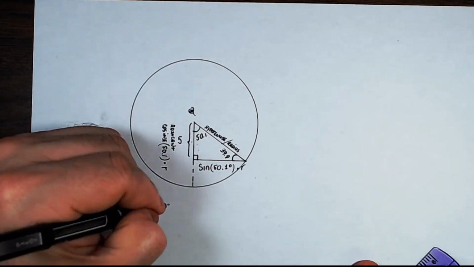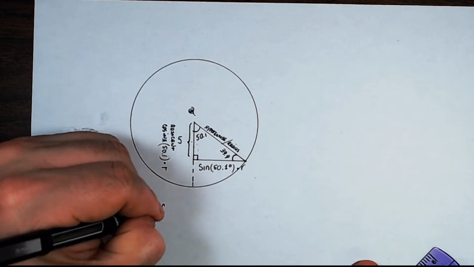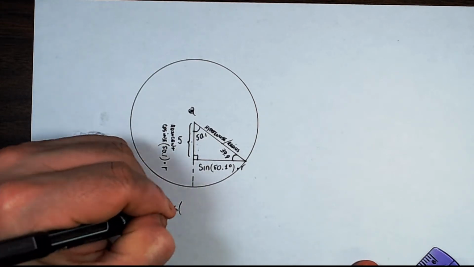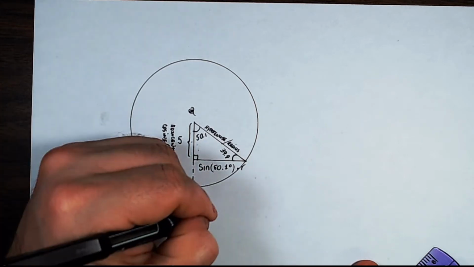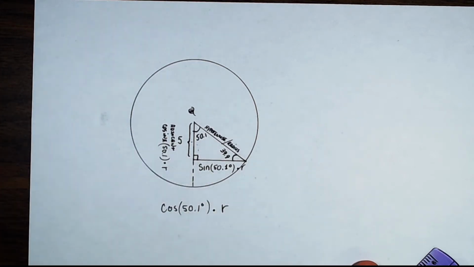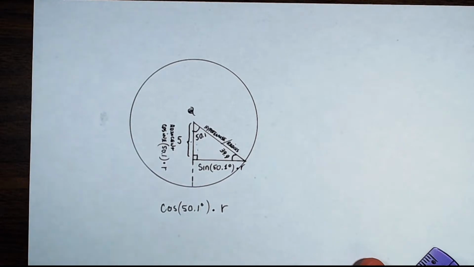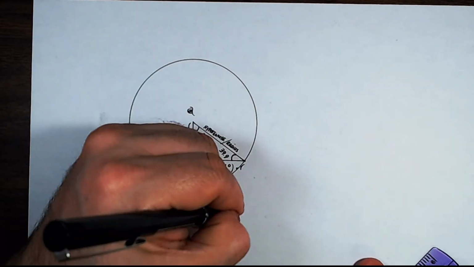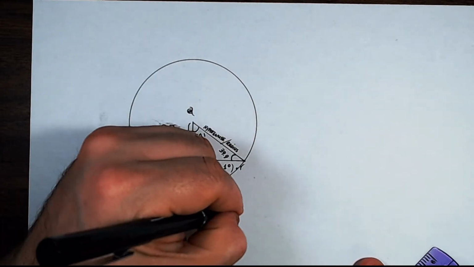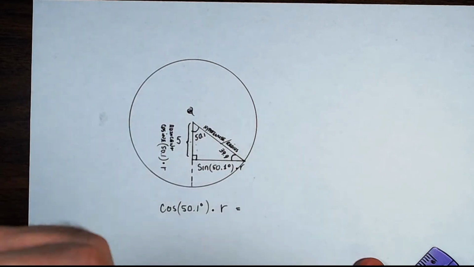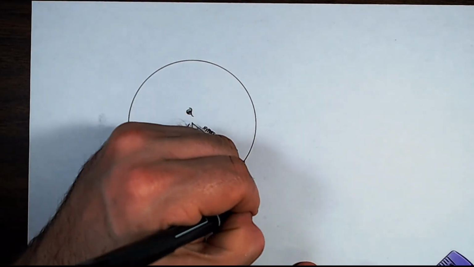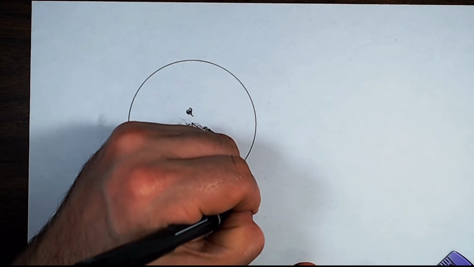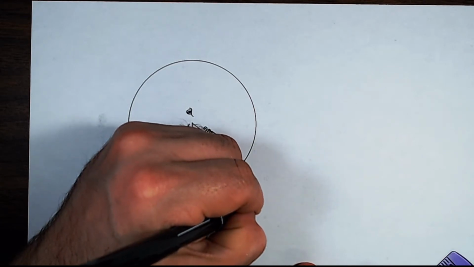So I'm actually given cosine of 50.1 degrees multiplied by the radius, or the hypotenuse, which I don't know, equals 5. But remember what it's actually equaling. It's equaling the adjacent side length